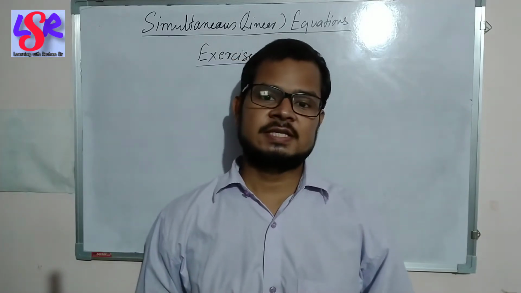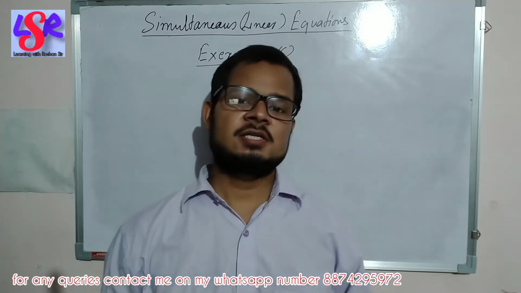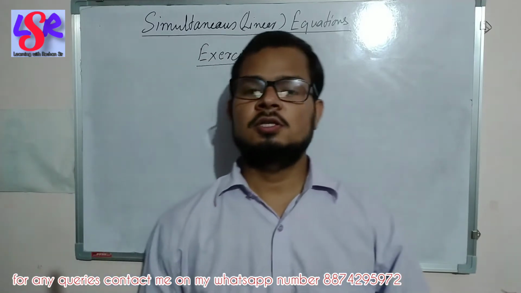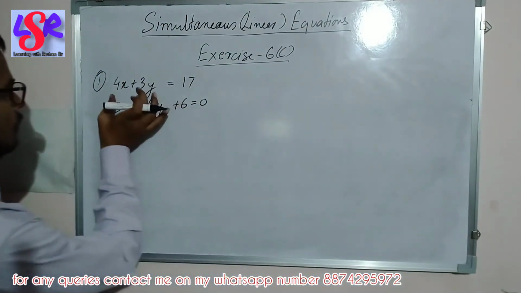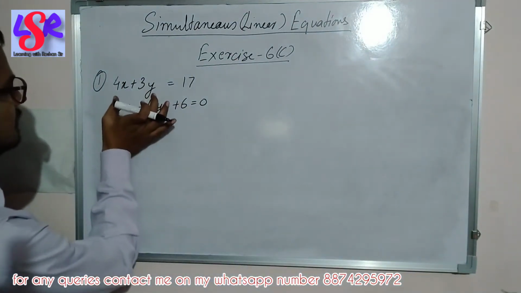Here we're going to start with exercise 6C of the chapter Simultaneous Linear Equation, which is based on the solution of the two equations of linear pair with the help of cross multiplication method. Here we go with the first question, and in this question we are having this equation 4x plus 3y equals